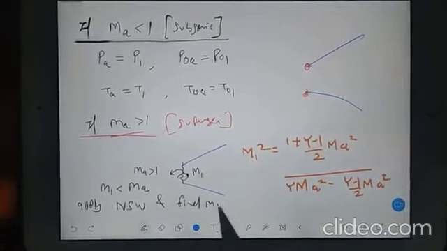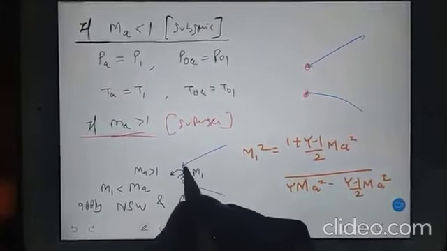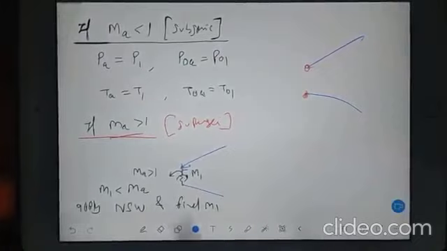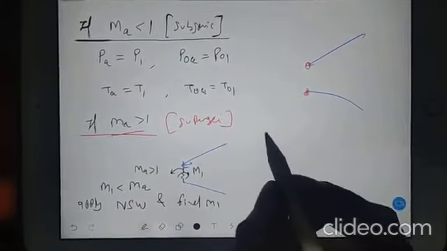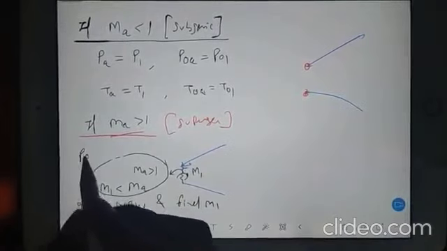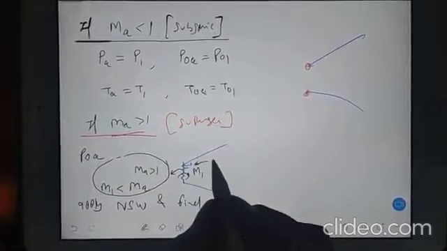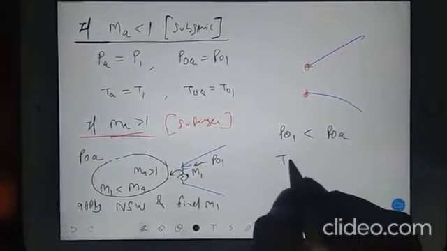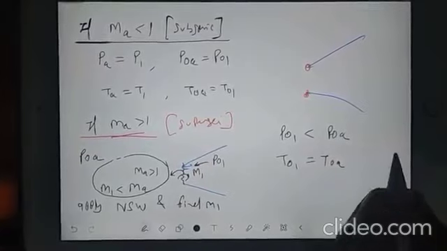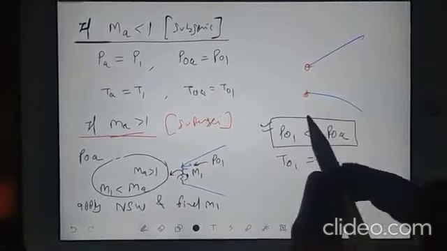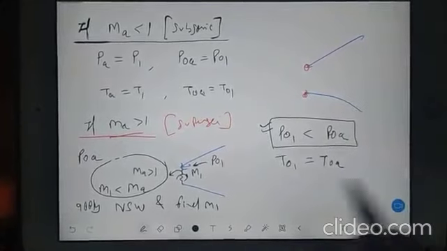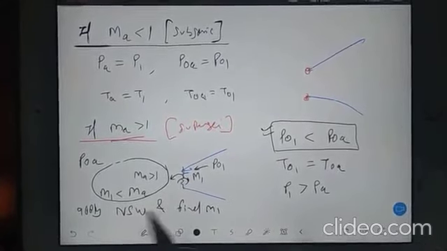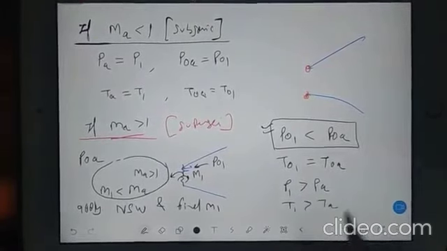In that case, you know very well, when you come to the inlet side of the diffuser, so I'm erasing this part. See, this side you will have total pressure P naught A, but inside you will have P naught 1, correct? So P naught 1 will be less than P naught A, but still T naught 1 will be equal to T naught A, no doubt in that. Why is it decreasing? It is decreasing because of irreversibility caused by the normal shock wave, right? And at the same time, static pressure will increase above ambient pressure because of the normal shock wave nature, and similarly T1 will be more than TA. Copy down this.